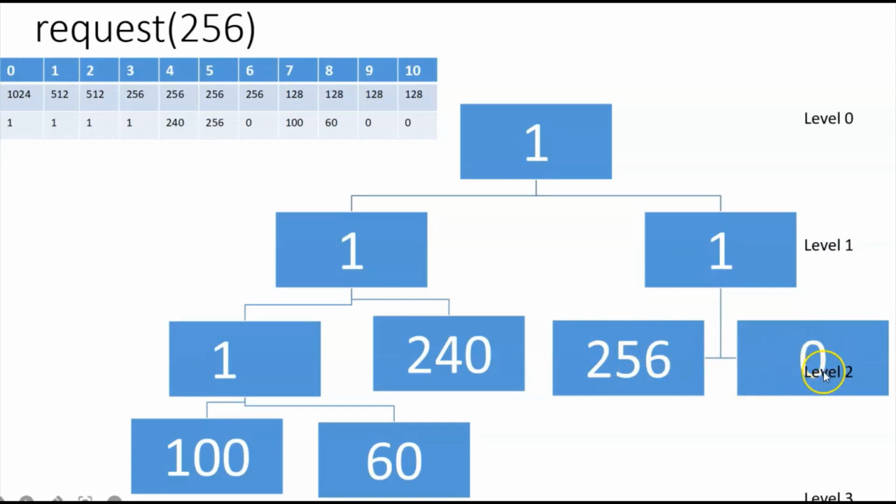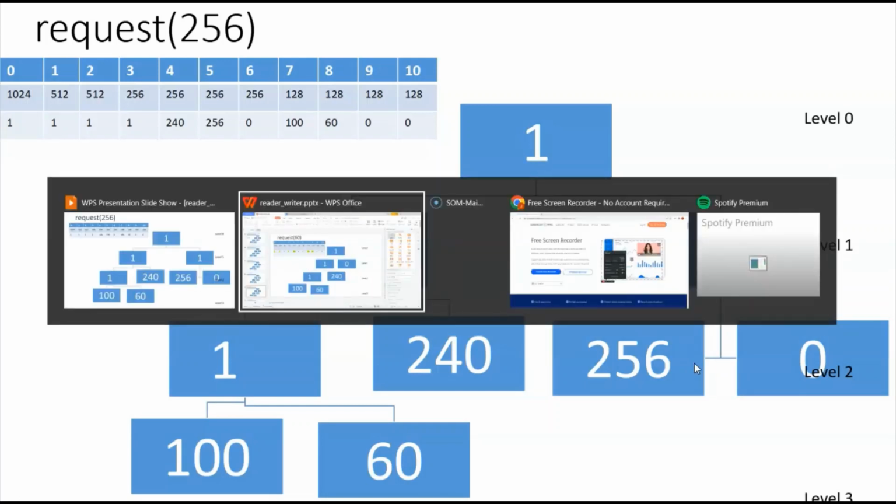So here you can see its buddy is free, isn't it? So I merge these two nodes and I create a larger node. That is, I will indicate this as a 0, and now this is free. So basically, when releasing, we are checking if the node's buddy is free. We merge them into a single node. So that is the task we are doing